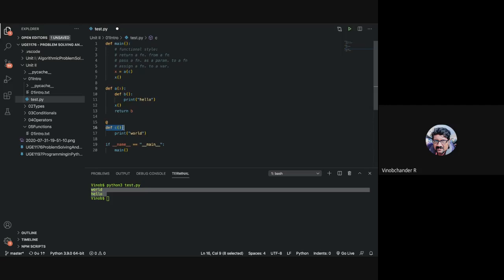So which is the function in which C will be passed as the parameter? Guys? Yes, sir. A. So you say at the rate A here.